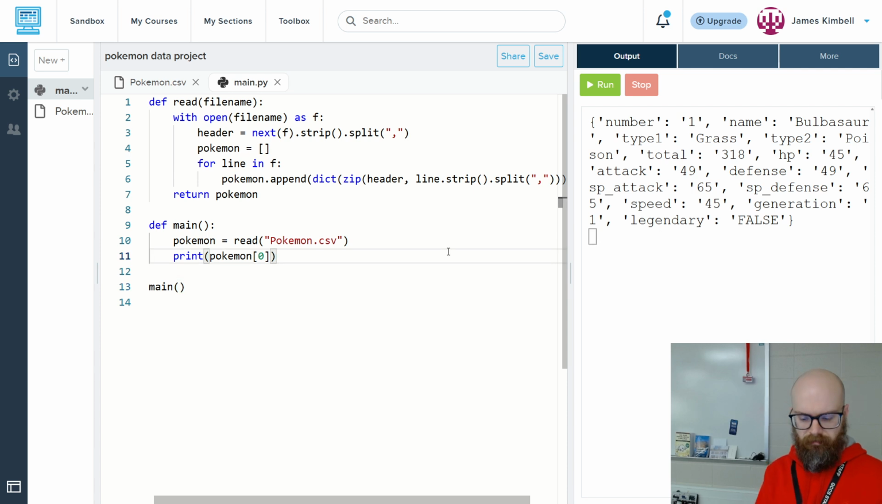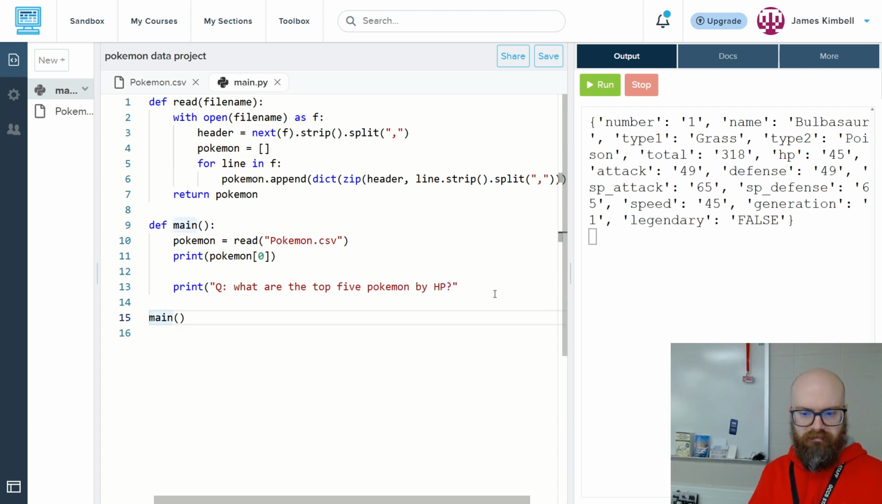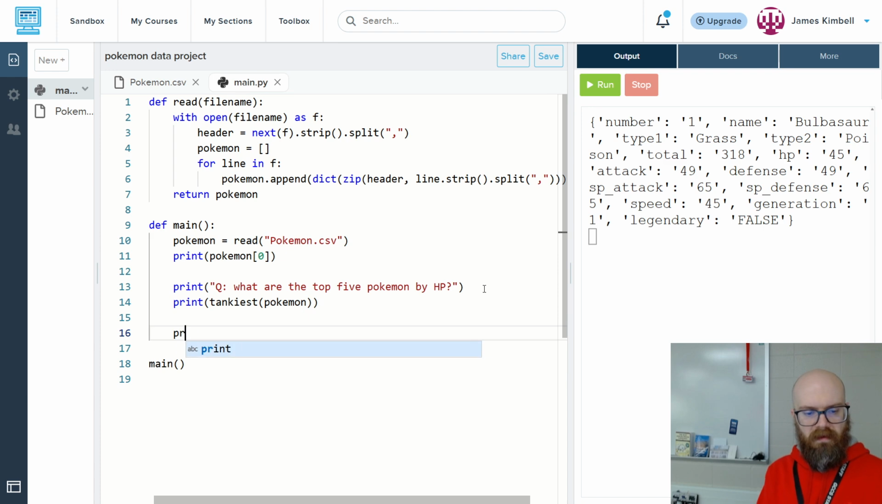First, let's look at one of these numbers because we know we're going to have to convert them to actual numbers. Let's say, what are the top 5 Pokemon by HP? So the top 5 tankiest. And let's make a function called tankiest. Okay? We'll come back to that in a minute. And then let's say question